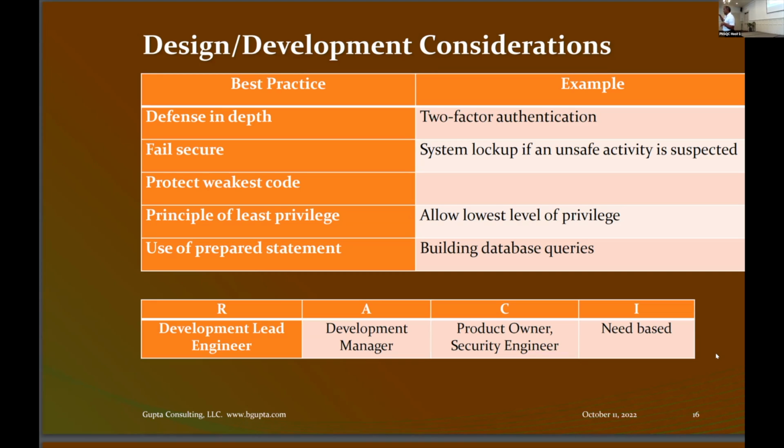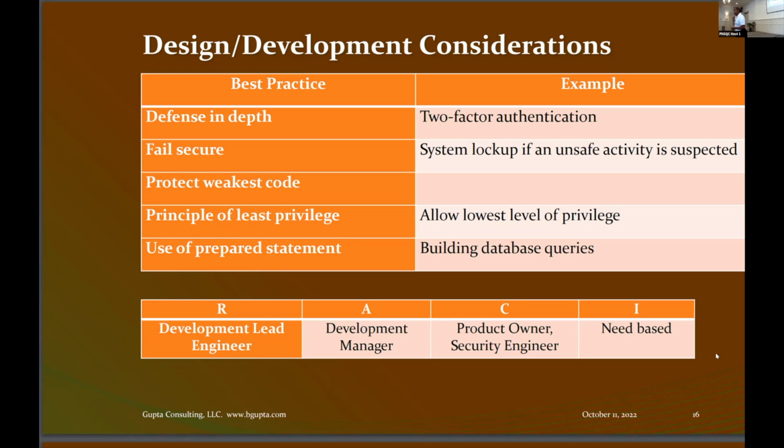Because when a manufacturer sets the privileges, it's not restricted to the lowest level, and they would not want to do it at the highest level. They would probably put it somewhere in between. So you want to make sure that they have customized those privileges to your requirement, to your application, the way they should be. So that's the principle of least privilege. And this is the development team. They want to understand that and implement that.